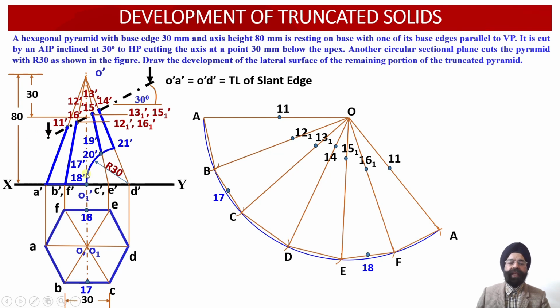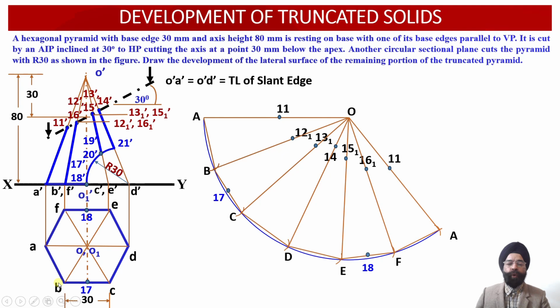Now let us obtain these 5 points of intersection of this circular sectional plane into the development surface area over here. So we know that the circular cutting plane has intersected with the base of this hexagonal pyramid at 2 points, 17 dash and 18 dash. 17 dash point and 18 dash point, if we project it into the top view projections,